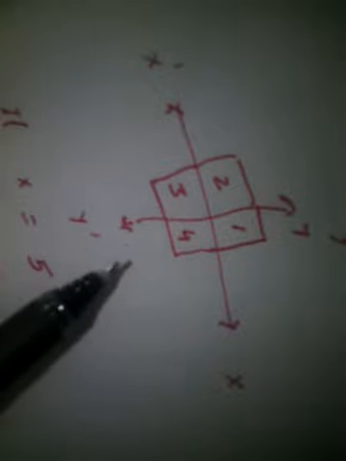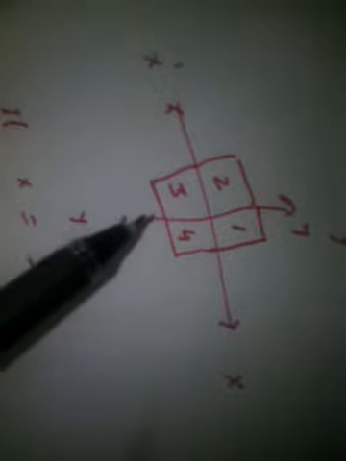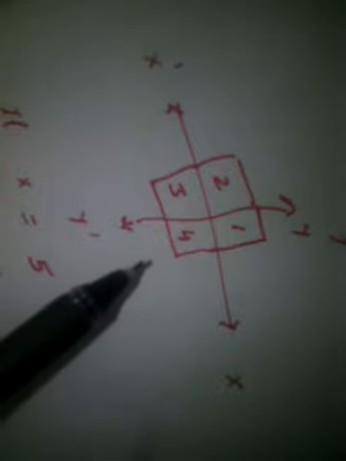In quadrant 3, both x and y are negative, so this is positive 25. And in the fourth quadrant, x is positive, y is negative, so this is minus 25, which means though